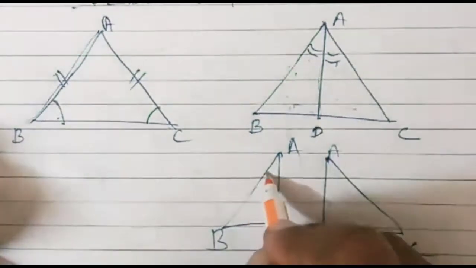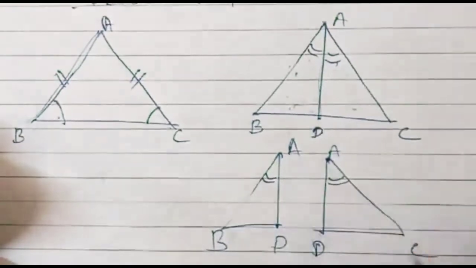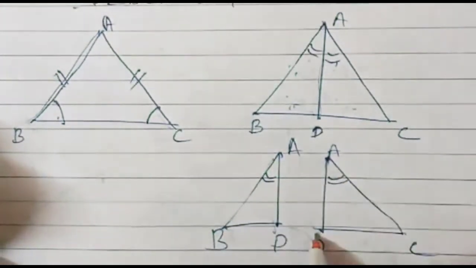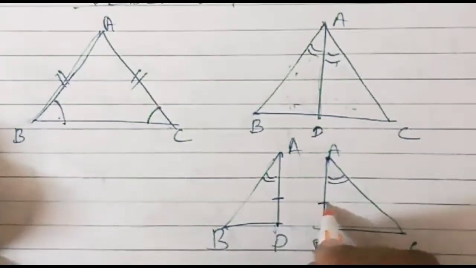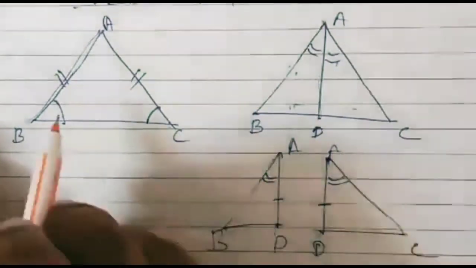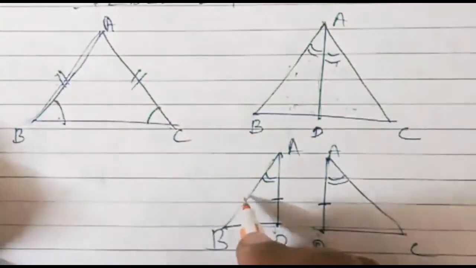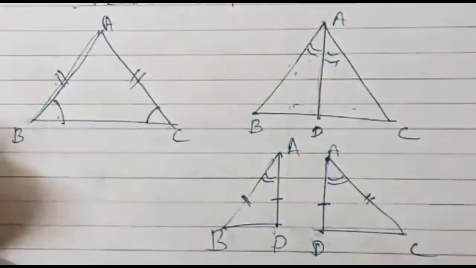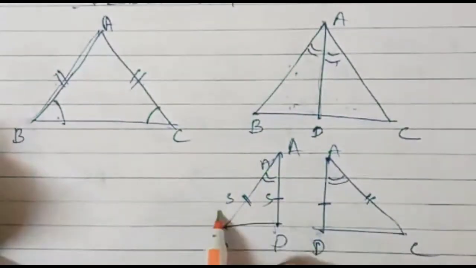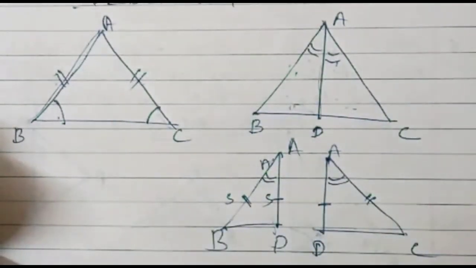So you can now compare these two triangles. As angle A was bisected, angle BAD will be equal to angle CAD. Second thing, AD is a common line segment, so AD also will be equal. Third thing, it was given in the question that AB and AC are equal. So we can apply the side angle side rule. By SAS rule, these two triangles will be congruent.